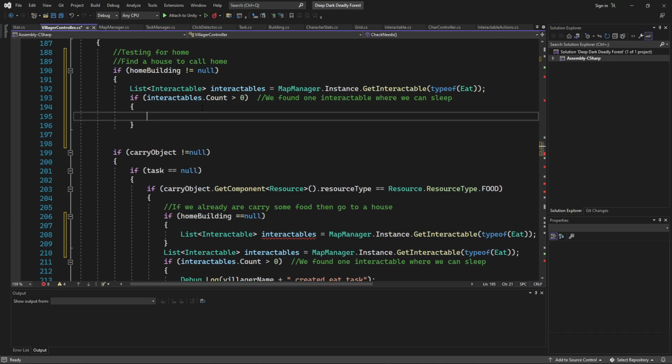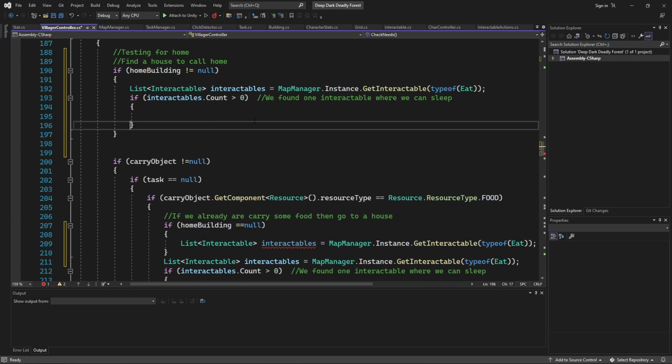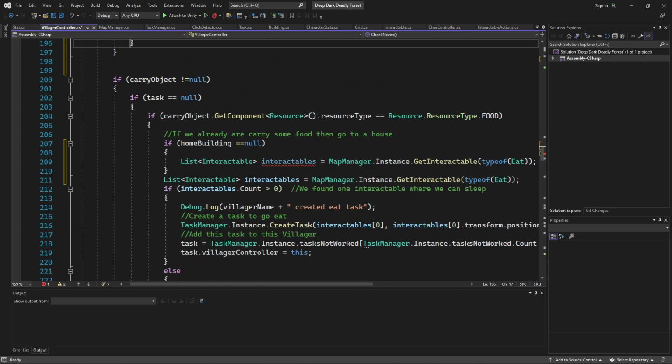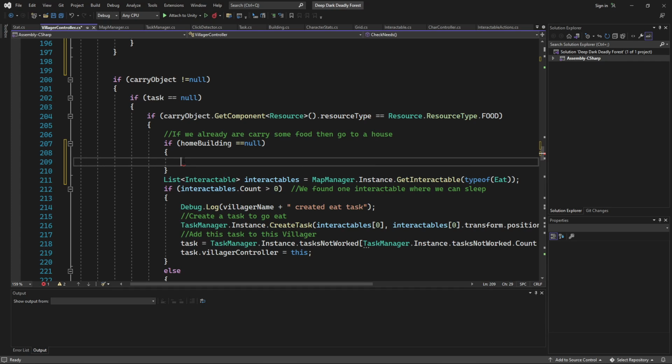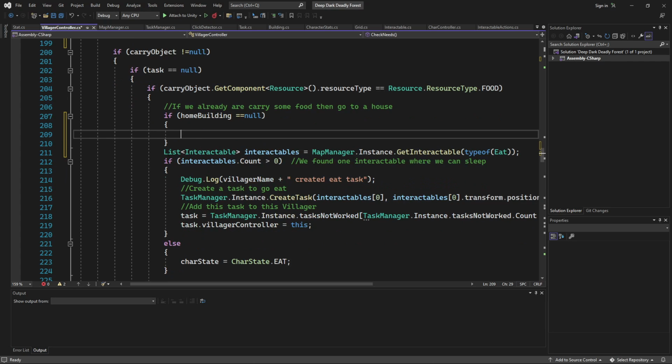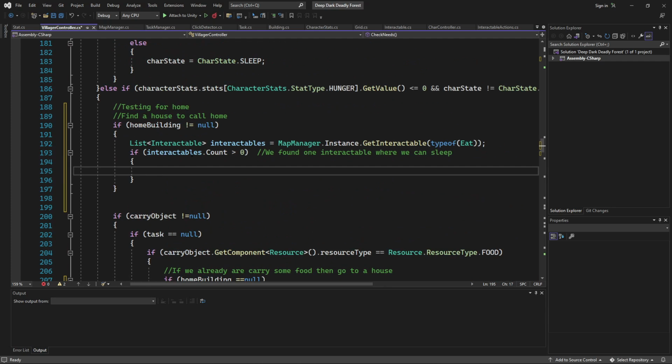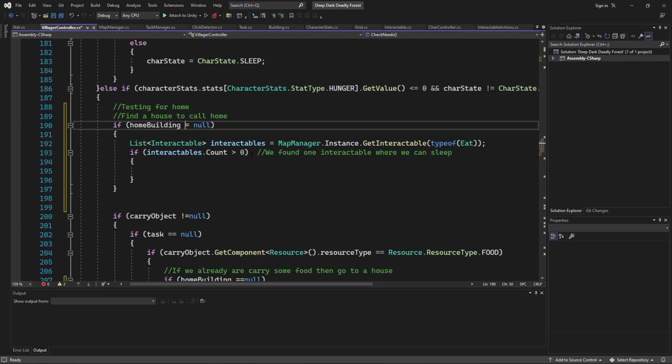Let's put this here. Interactables. Let's get rid of this actually. So back up here. So this is if it does not equal to null. How about we do this first? If it equals to null,